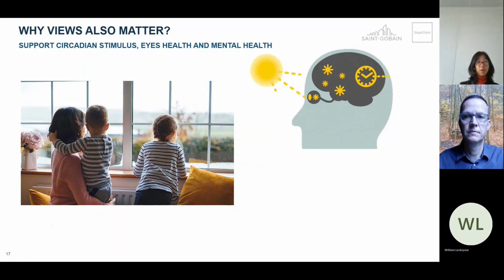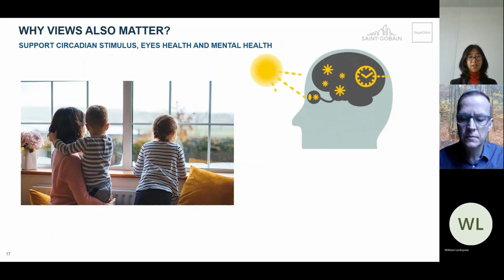Last but not least, we talked about cognitive performance, we talked about stress, but there are also many other benefits of views, whose mechanisms are starting to be understood and which I'd like to continue to cover a bit, starting with circadian stimulus. So I talked about biological clock and circadian rhythm alignment before when talking about daylight, but actually we forget that views can contribute also to that, and that daylight and views are eventually two sides of the same coin, for at least one reason, which is that to regulate our circadian rhythm, what is important is not